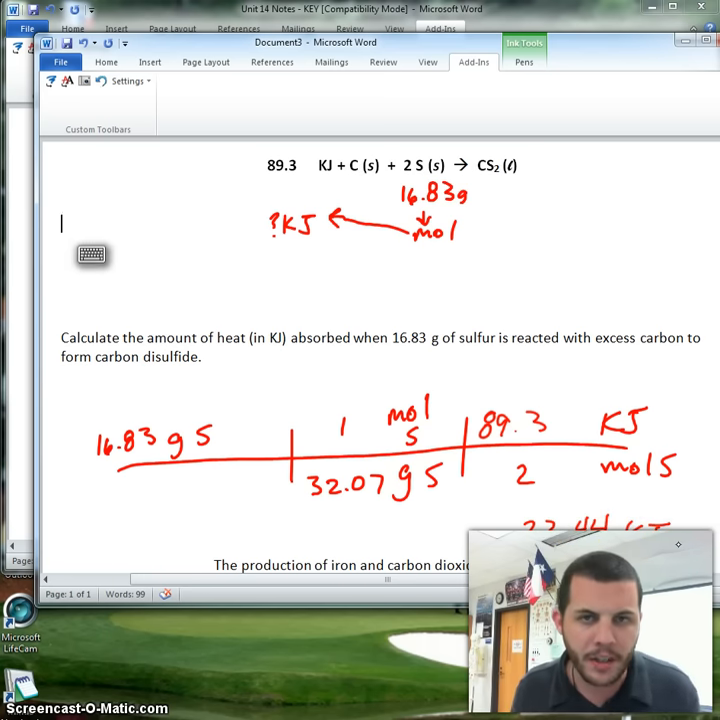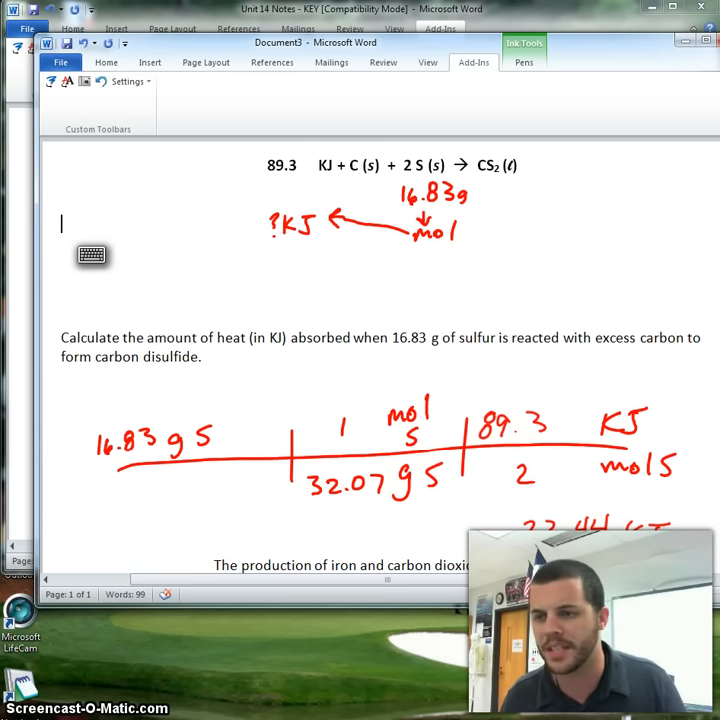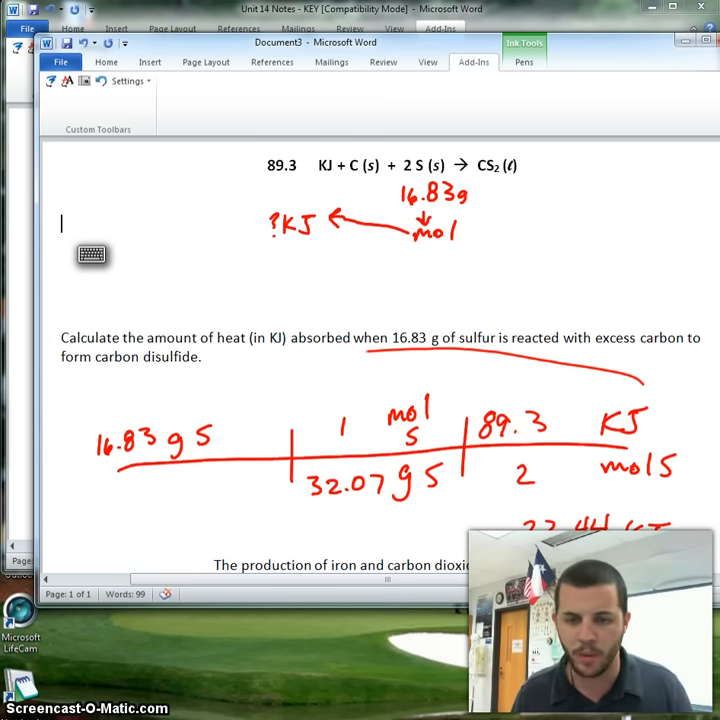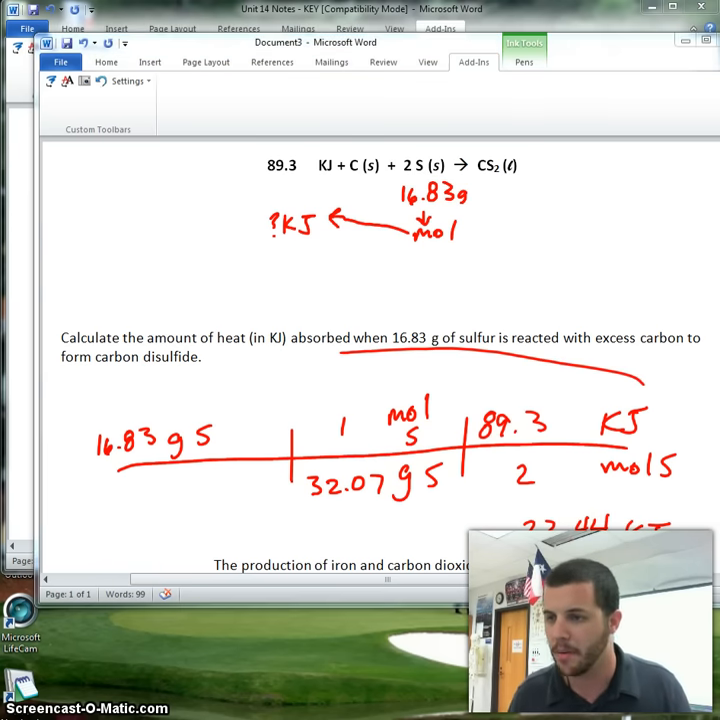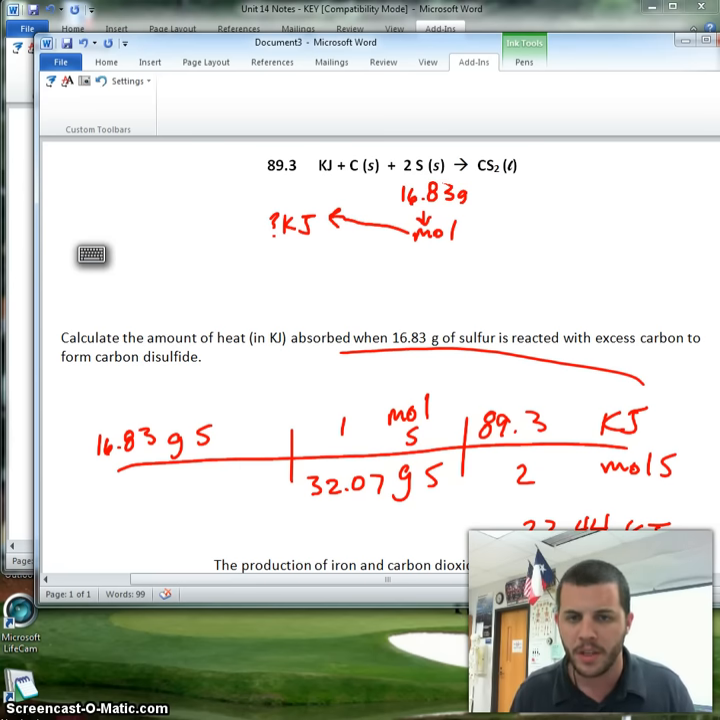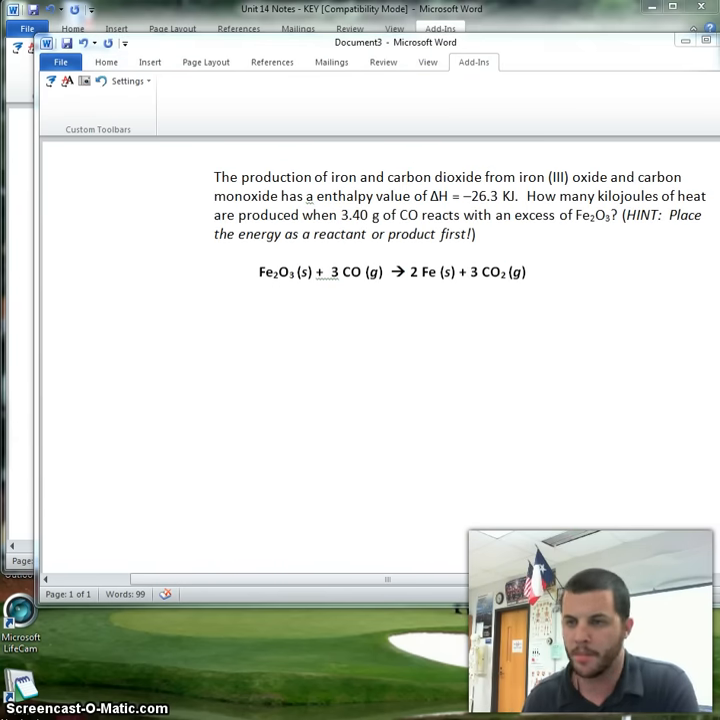kilojoules. So that's how these problems work, guys. We can work these problems the same exact way as we would a regular old mole road problem. So let's go ahead and take a look at one more problem, and that's going to be the next problem